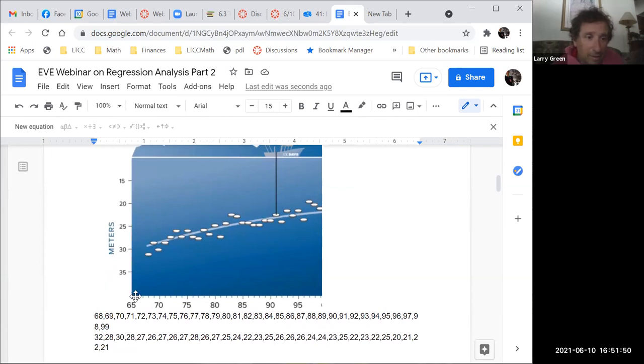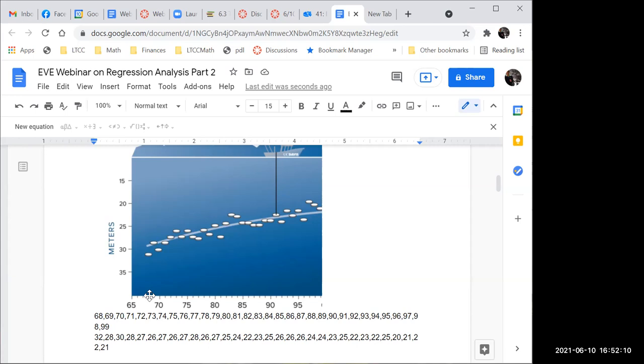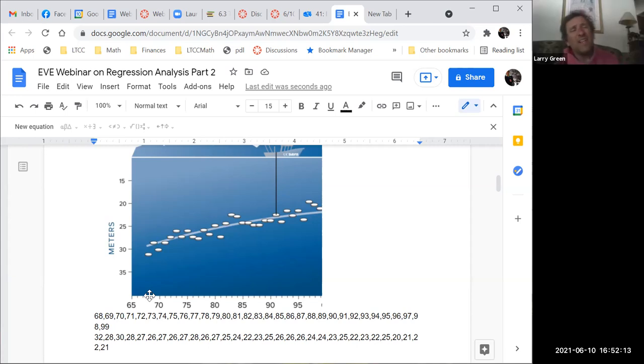Because the starting point was like 1967, I think, or 68, something like that. So what is x equals 0? So notice x equals 68 is right here. That was 1968. What's x equals 0 in this case? 1900. So it's very important to look at it and say, what does it mean to even say